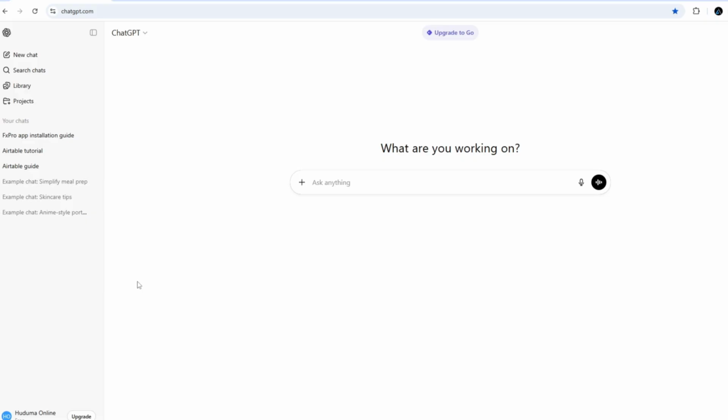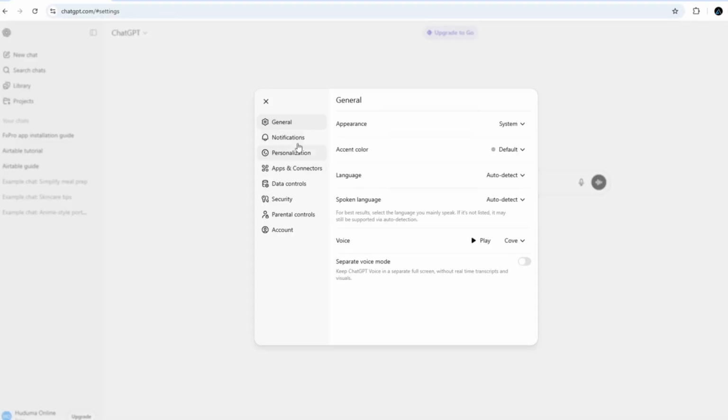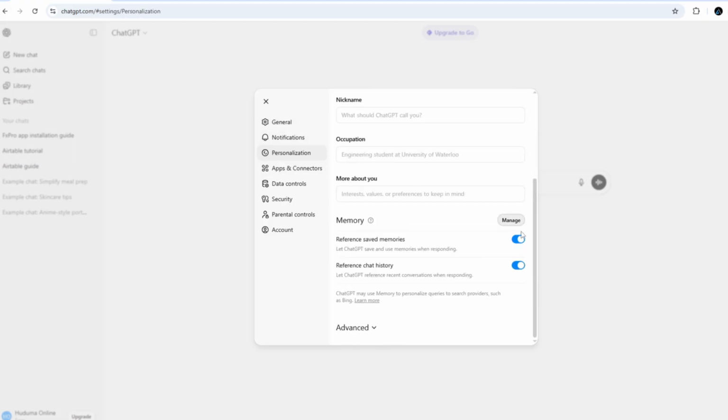But should you still find a problem with this, then you need to go ahead and fix the memory or clear any memory on your ChatGPT. To clear your ChatGPT memory on your computer, go ahead and again go to settings from here. So click on this and then choose settings, and then go to personalization here, and under personalizations, scroll down until